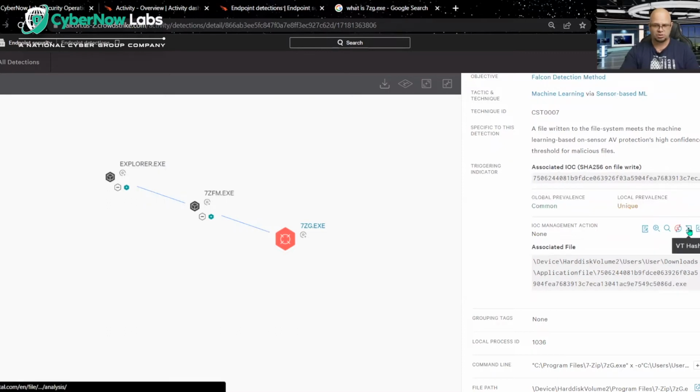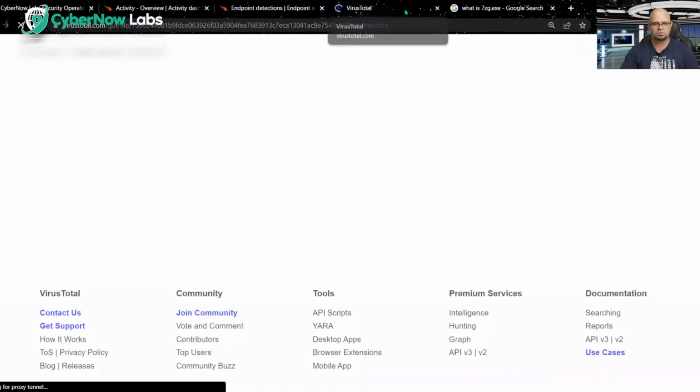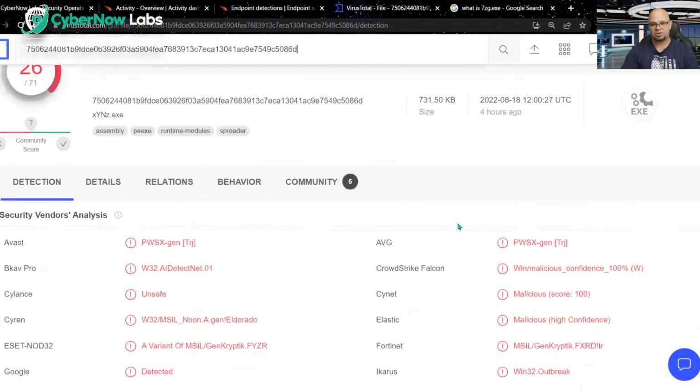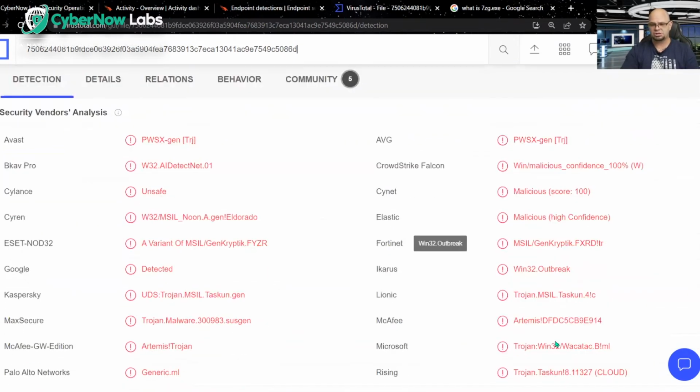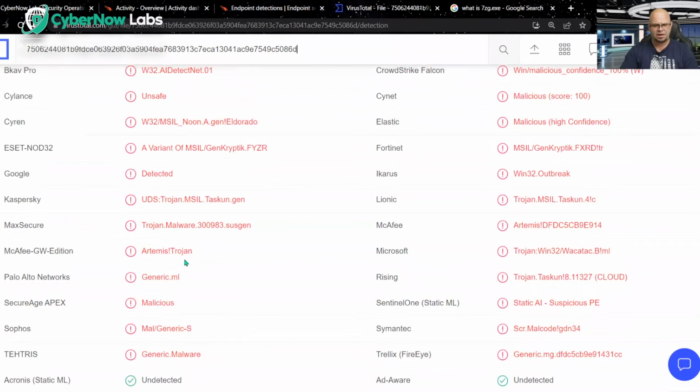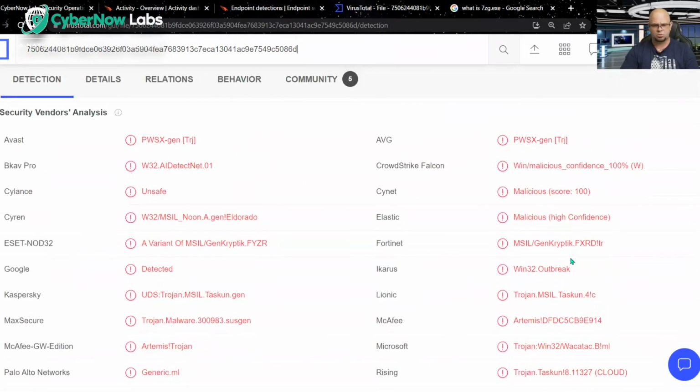I love the short quick access buttons here, or the little shortcuts here. This first one, if I click on this shortcut, it's going to take me to a very well-known open source intelligence tool called VirusTotal. And you can see that this is the file that actually triggered the alert. CrowdStrike, when it was doing its signature-based detections, recognized that hash and said, wait a minute, this is a malicious file. And in this open source intelligence, we see a pretty consistent listing of maybe Trojan. Let's see, I'm not seeing any Artemis, so that could be a little bit of an indication as to what kind of